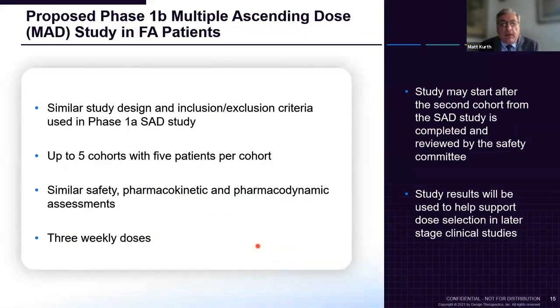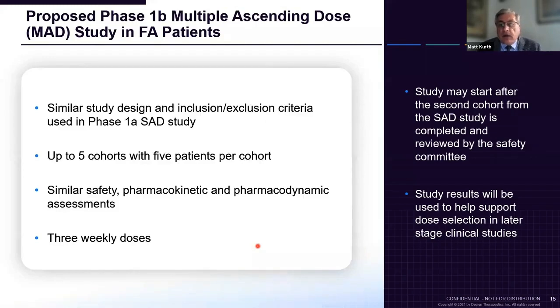Once the phase 1 single dose study is completed and the data is considered adequate to be able to move forward to a multi-dose, and we have sufficient data in animals to show that it's safe to give in multiple doses, then another study will be started, which will allow at least 3 doses to be given. And again, 5 cohorts with 5 patients per cohort will probably be proposed.